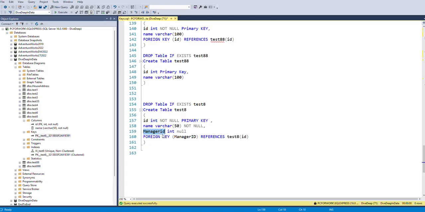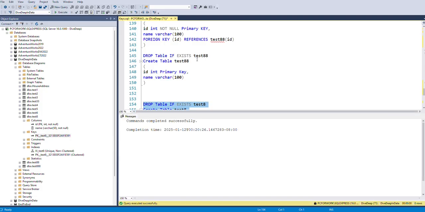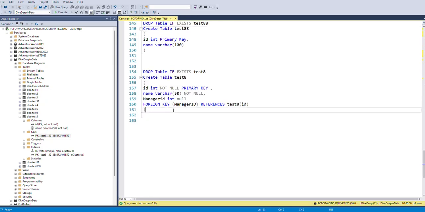So here I am defining a foreign key on the manager ID referencing the same table's ID. It means whatever comes in the manager ID will be part of the ID column itself, right? Let's create this table. It is allowed, very much allowed. And if you want to check how it works,